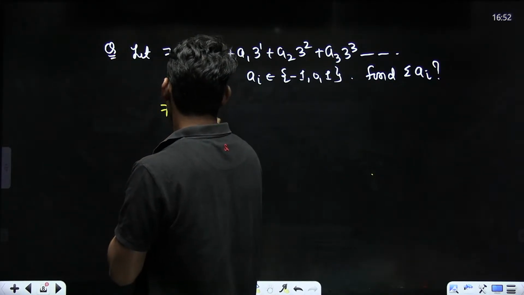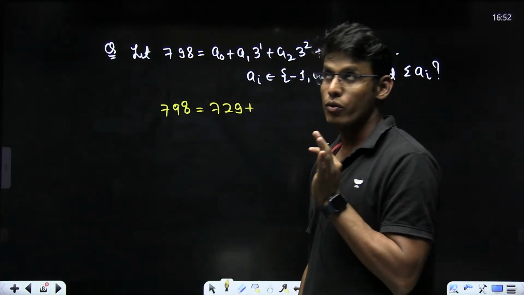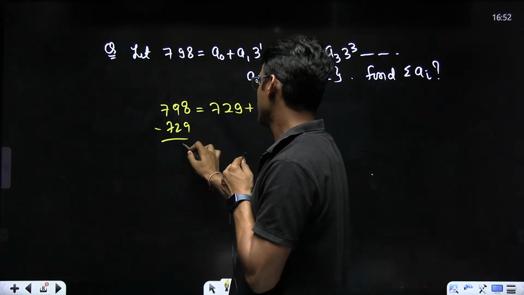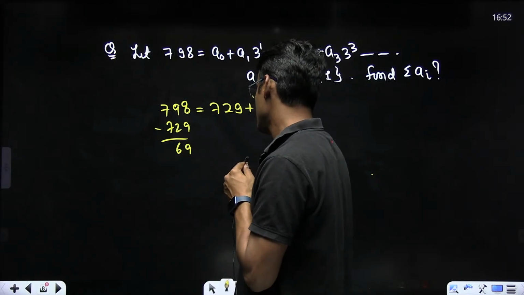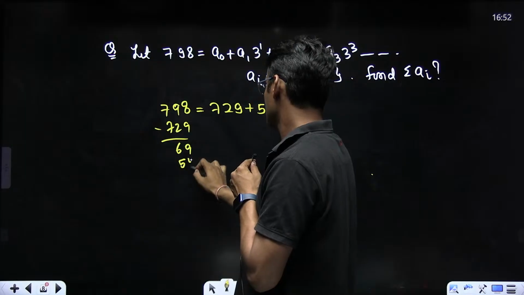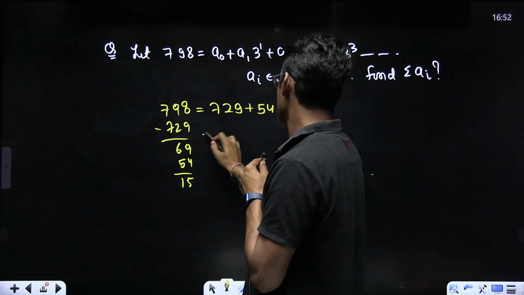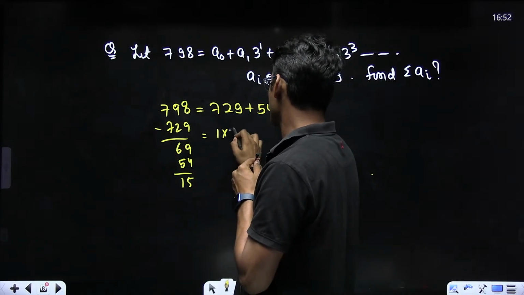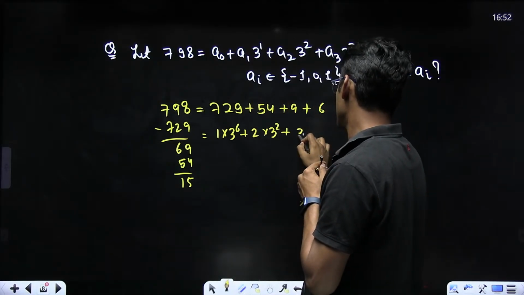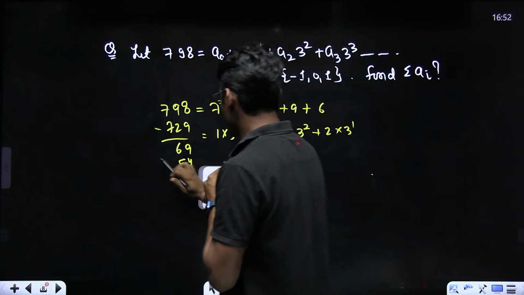But what I know is 729 is 3 to the power 6. Right? Then when I subtract 729 here, I get 69. Right? Then I add 54, which gives me 15 plus 9 plus 6. So this is 1 into 3 to the power 6 plus 2 into 3 to the power 4 plus 3 to the power 3 plus 3 to the power 2 plus 2 into 3 to the power 1. Now what I am going to do here,